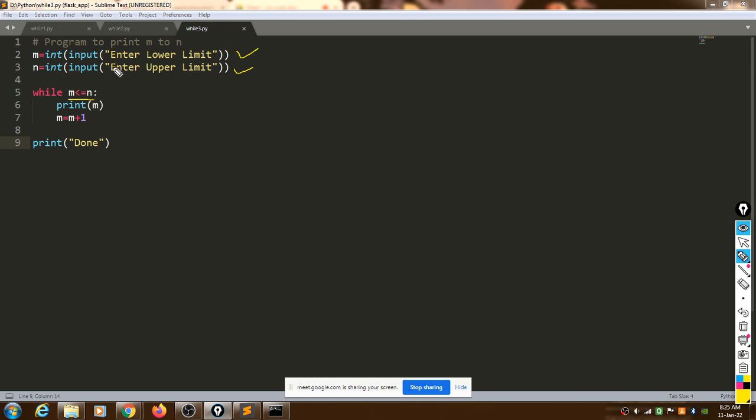How does it execute? Suppose we input the value of m as 5 and the value of n as 10. Look here, 5 is less than equal to 10, as this is true, so print m, it prints 5.